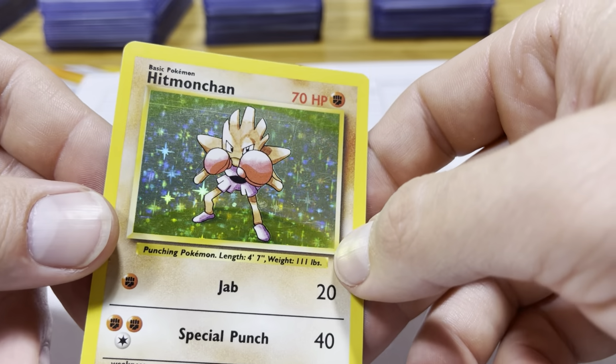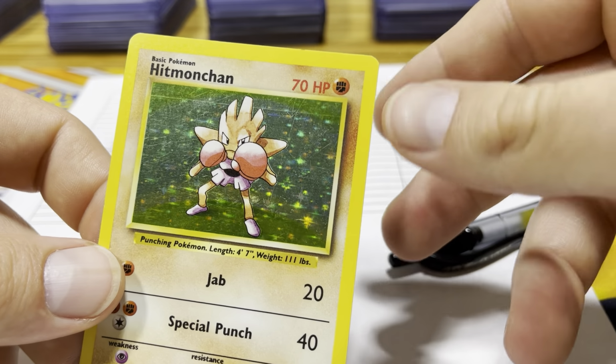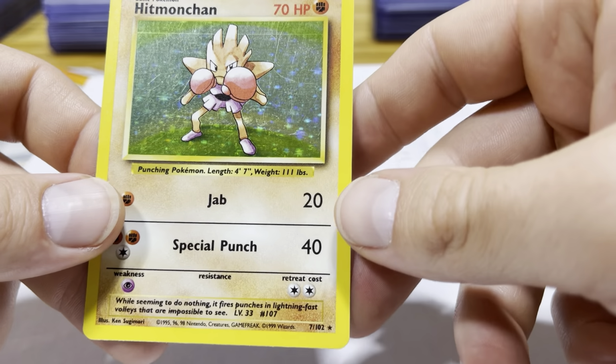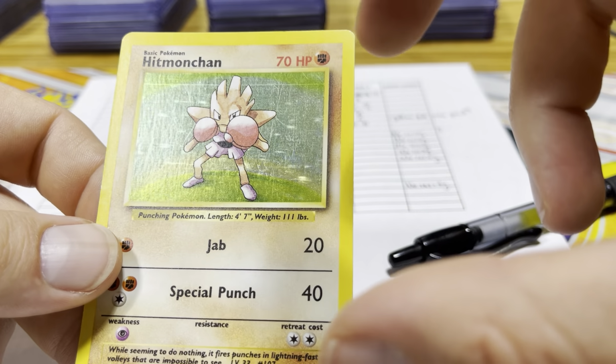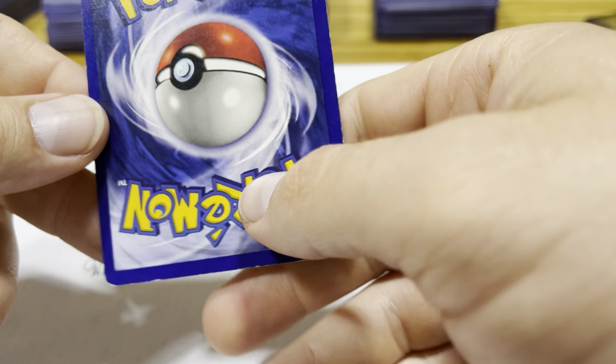And I'll say it all over again. If you didn't know, Hitmonchan and Hitmonlee were actually based on real people. Hitmonchan was based on Jackie Chan, the actual person. That's why Hitmonchan punches more, and Hitmonlee, being based on Bruce Lee, kicks more. There's a good nick up there, and centering's pretty solid. Some surface scratches, so this is between PSA and CGC. But really, from what I can tell, PSA doesn't seem to care too much about